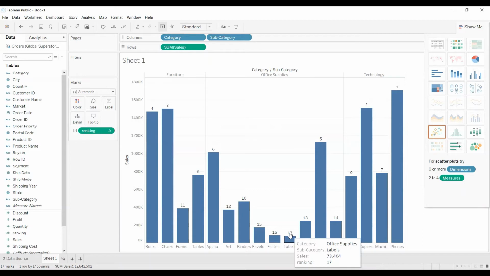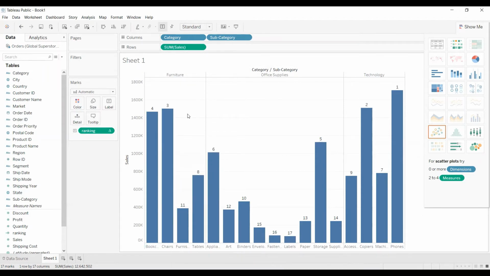So here, it performs the table down approach. Irrespective of the subcategories and irrespective of the categories that you have, it calculates the ranking with respect to the subcategories. It does not care about the categories. But what if I want to use the pen down approach? Let's understand what happens in the pen down approach first. The pen down approach performs the calculation with respect to the upper hierarchy, that means under each category. Here category is the upper hierarchy, so under each category, I want to apply the rankings on the subcategories.